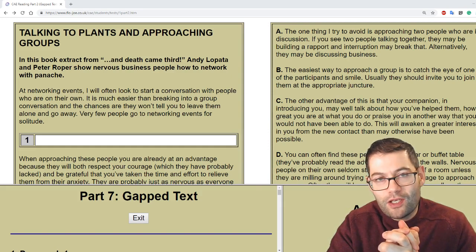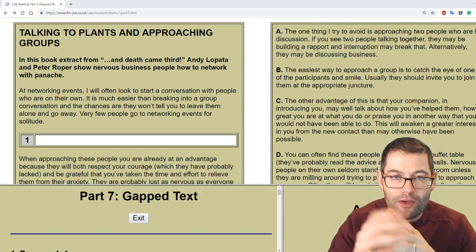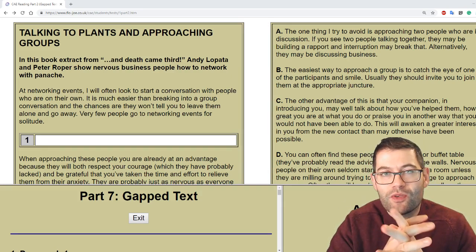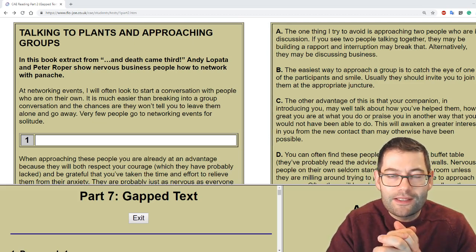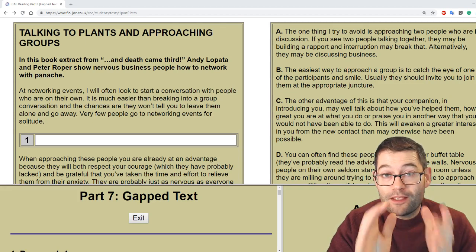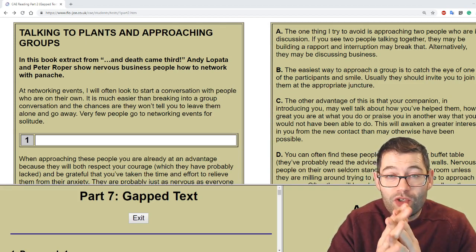Today we're going to have a look at the reading question, the gap text question, which is part 7 of the use of English exam for the advanced paper. This particular question is from the